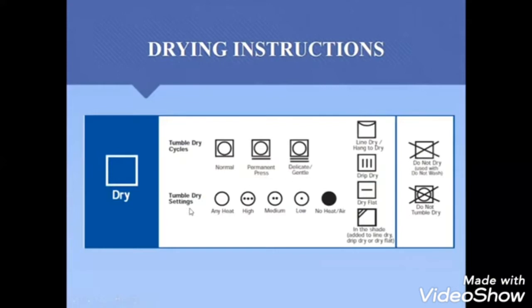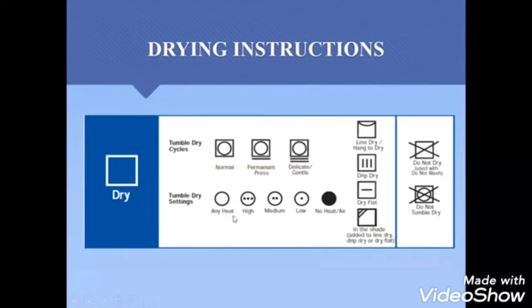Drying temperature can be with no heat, low heat, medium, and high heat. Low heat is indicated by one dot in a circle, medium with two dots, and high with three dots in a circle. And the empty circle indicates that fabric can handle any amount of heat which can be used for